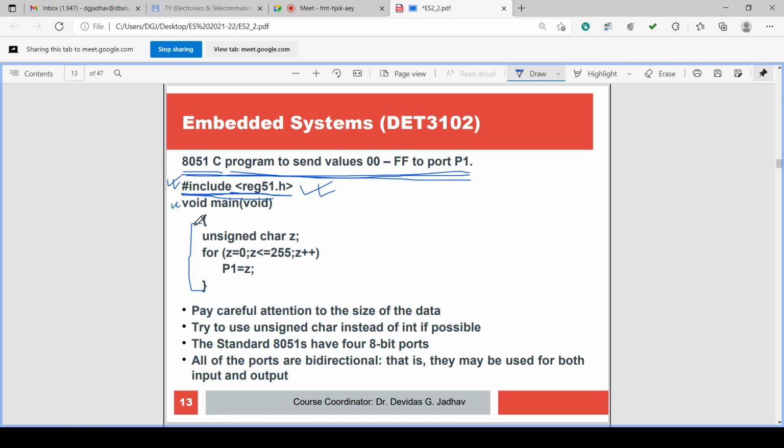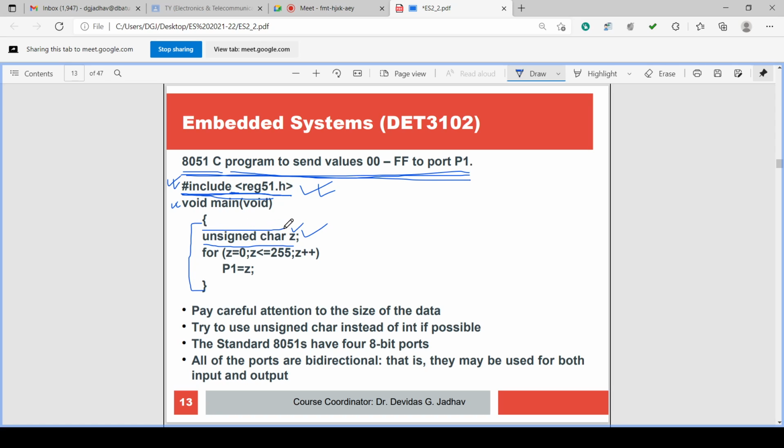Now this is the first curly brace opening and this is the last curly brace closing. In this the main program is there, and the declaration of the variable is there: unsigned char z. Z is the variable name and unsigned char is the data type.